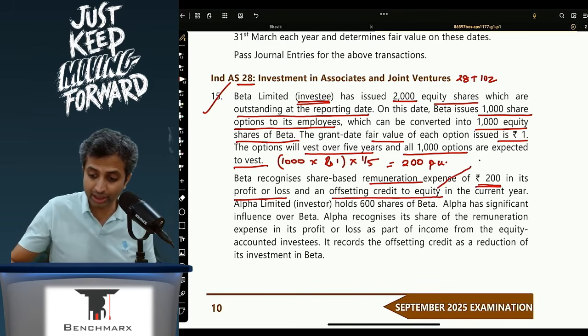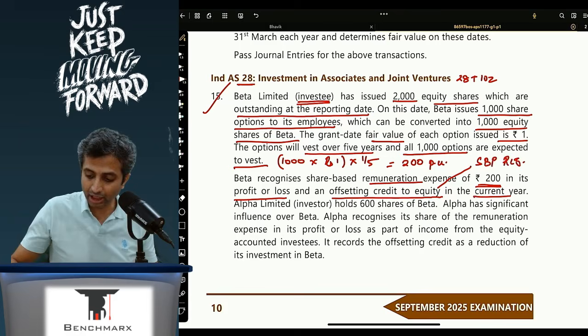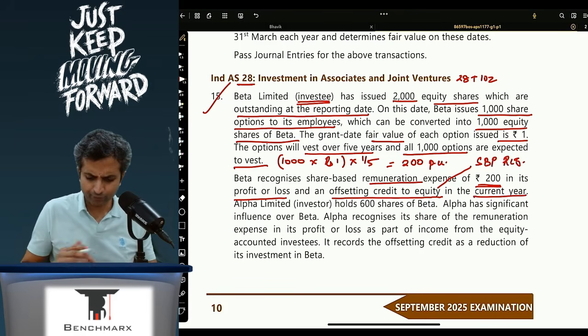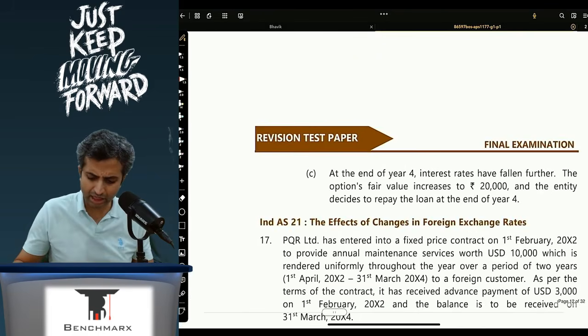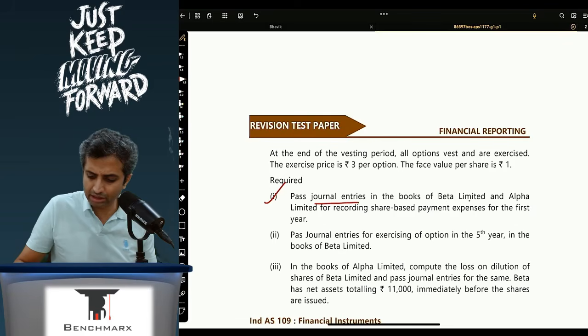When I say equity, there will be SBP reserve, share-based payment reserve, which will be a part of equity in the current year. Okay, so this is regarding Beta. Acha, we'll just scan through what is asked. Point number 1 says pass journal entries in the books of Beta and Alpha for recording the share-based payment expense